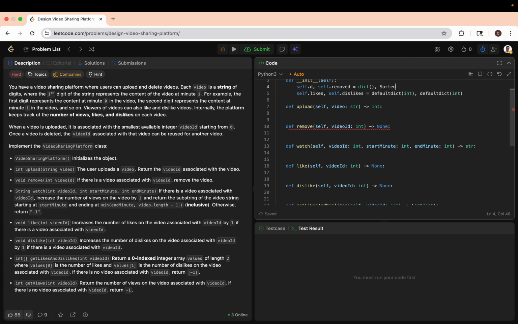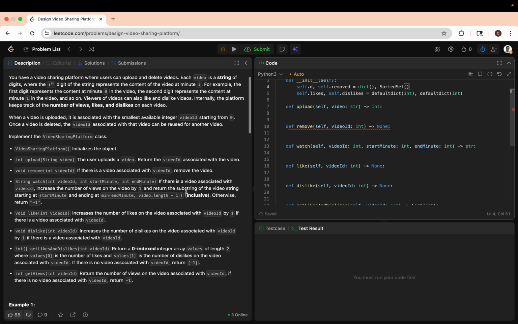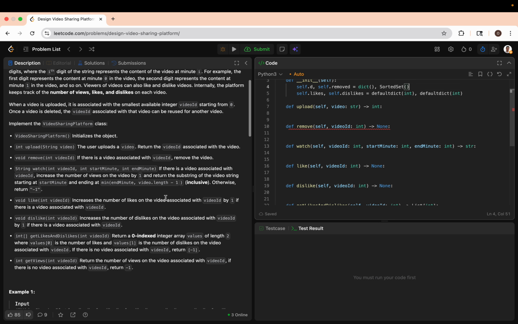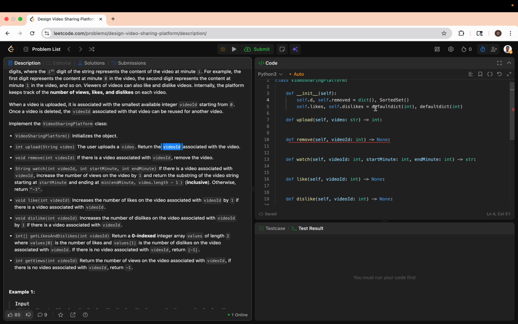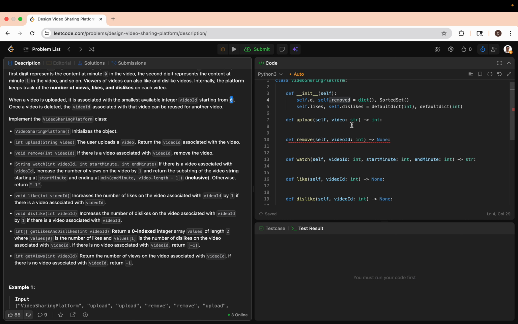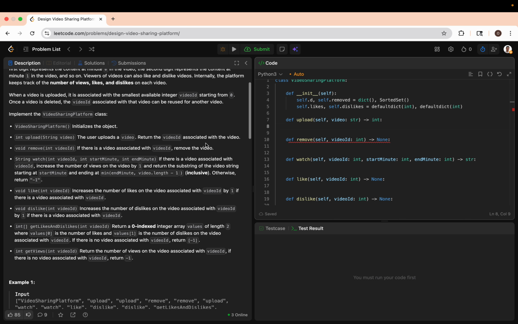And let's make this a sorted set, because when we remove something, an important part of this question is that the video ID needs to be the smallest number that is not in this removed set. And starting from 0, so it can't be negative. So that's an important part. And other than that, for this upload part, that's really important, because we're just going to go ahead and find,